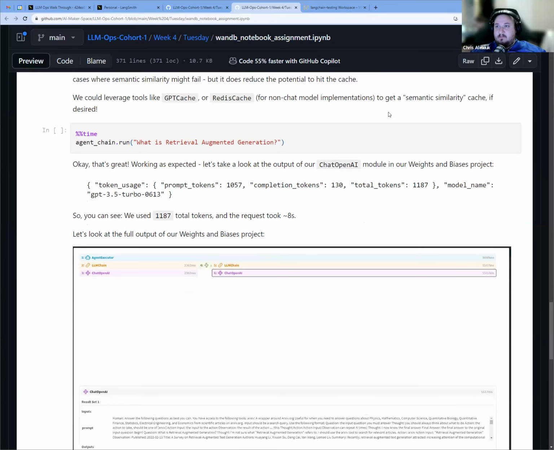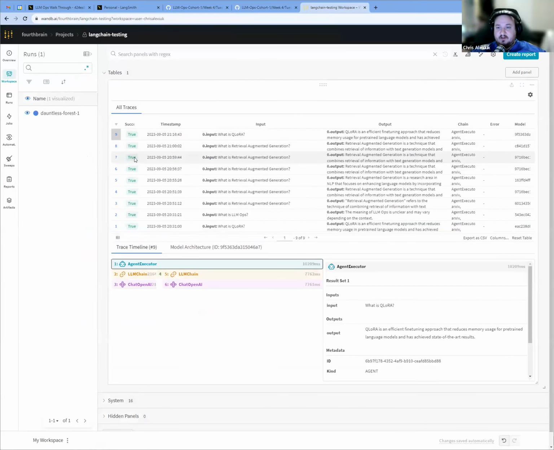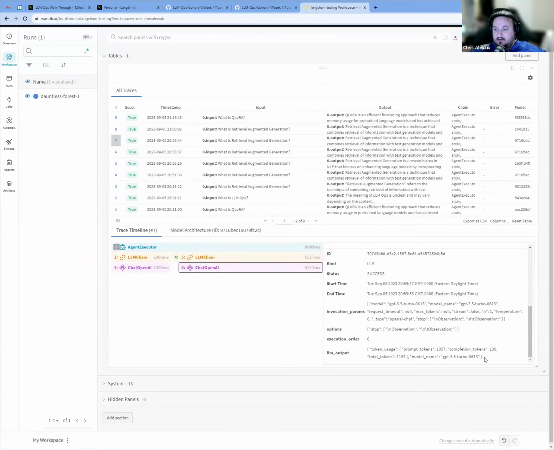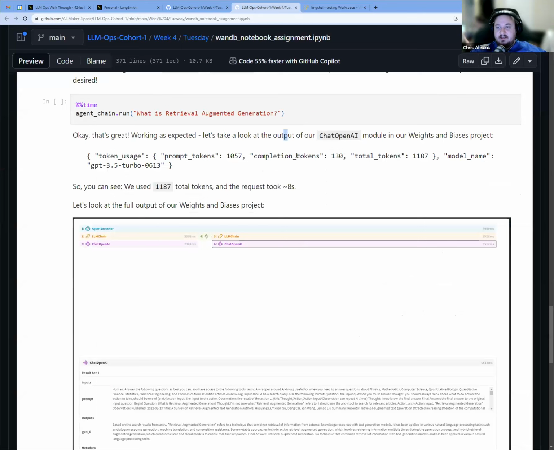But let's look at why this is good and why we care. Well, we have obviously our token usage from the weights and biases call, right? So if we look at this number 7 here, we can see when we go to our chat OpenAI that we used 1,087 tokens. We also used 234 tokens to decide which tool to use. So we're using upwards of 1,300 tokens. That's a lot, right? Yes, it's not free, but it is there, and